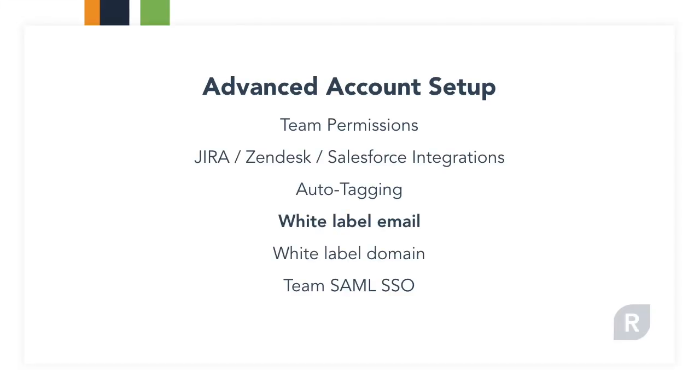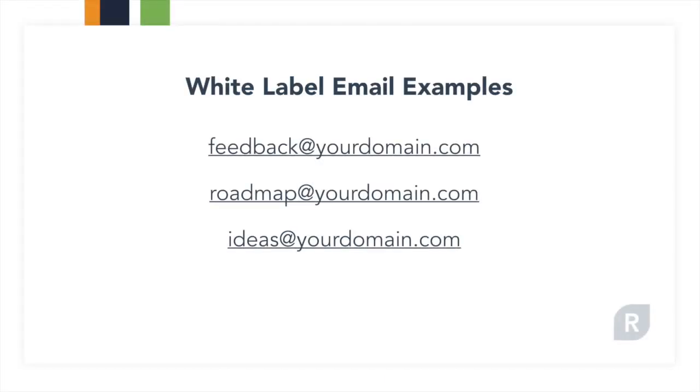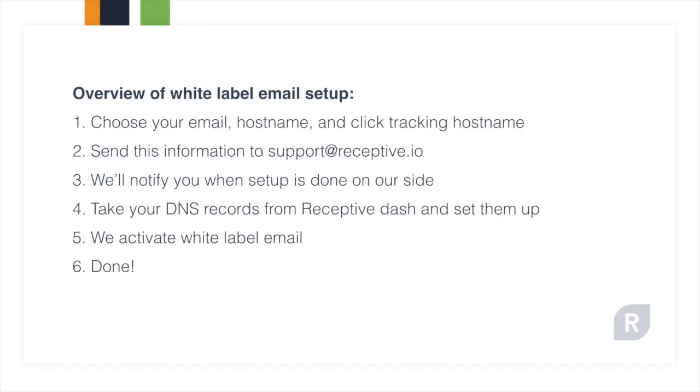The next step is email white label, and what this does is it changes the from address of all of your notifications that go out from Receptive to your customers and your team members. So a lot of our customers will choose something like feedback@theirdomain.com. You just need to set the email address up and send us a few items, which you'll find in the